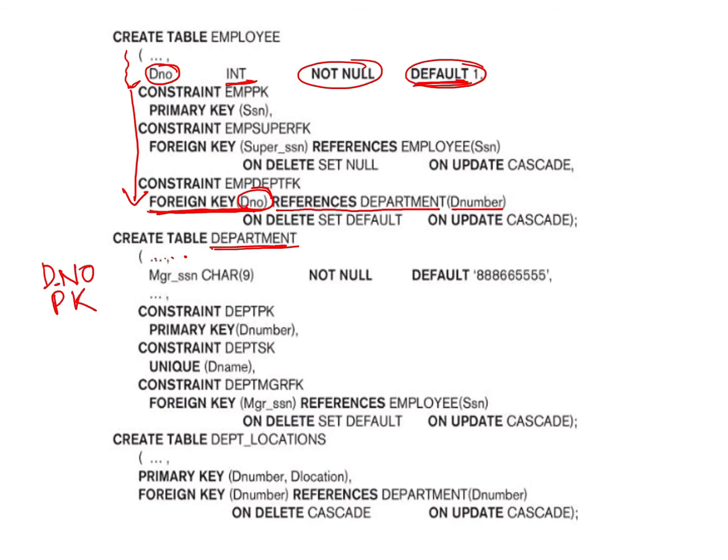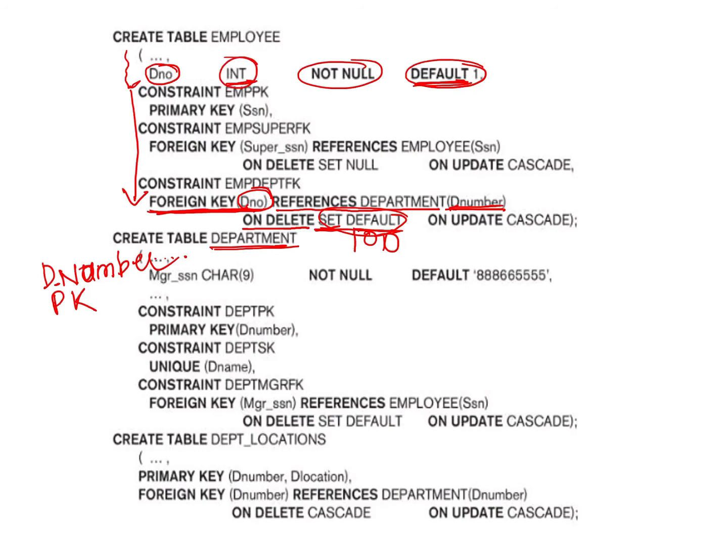So it is not department NO, it is number. So the name here is D number. What does it say further? It says on delete set default. So on delete, what have I said? I have not said cascade, I have said set default. I can say set default, some value I can give here, maybe 01, or 00, or just 0. Whatever, but an integer value obviously, because D number is taking an integer value.